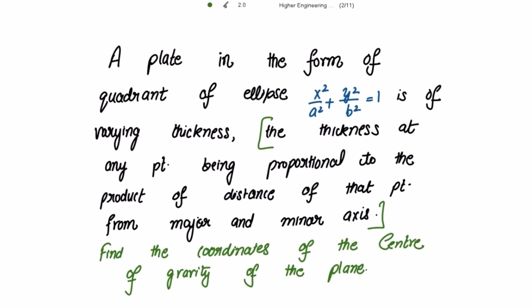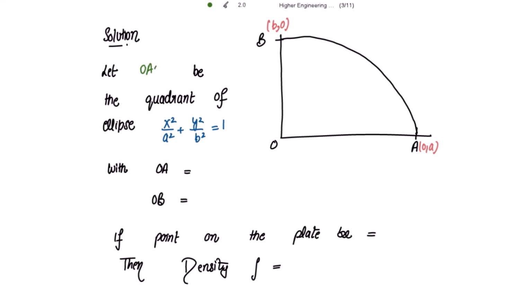So what is given to us? A plate in the form of a quadrant of ellipse is given to us, right? And its thickness is proportional to the product of the distance of the point from the major and minor axis. This is very important. So let OAB be the quadrant of the ellipse x square by a square plus y